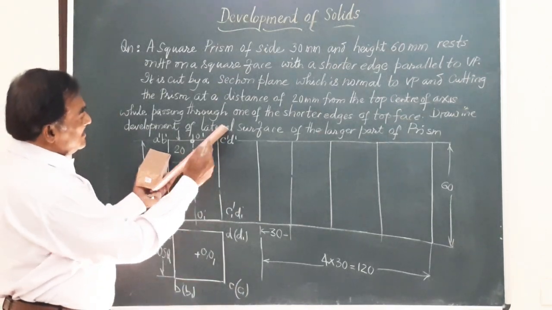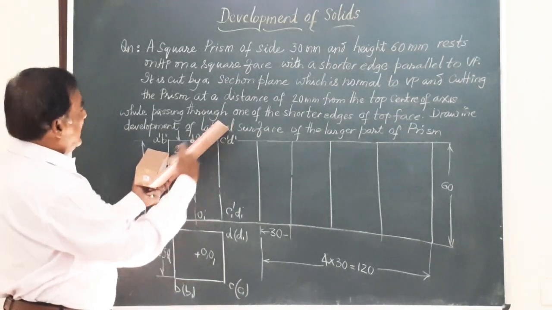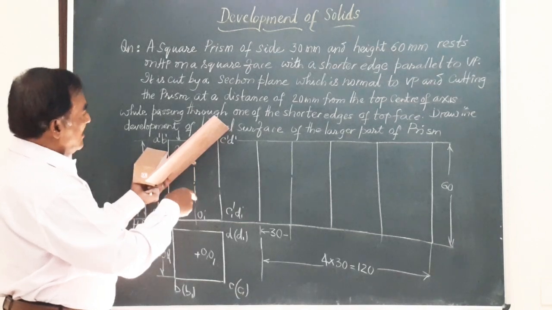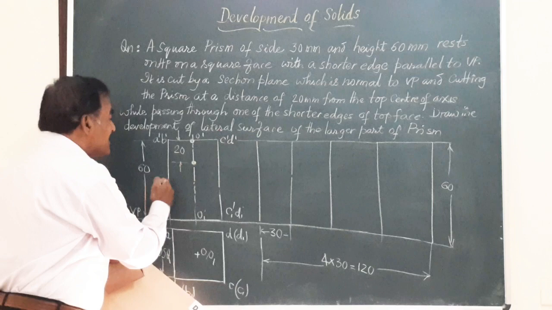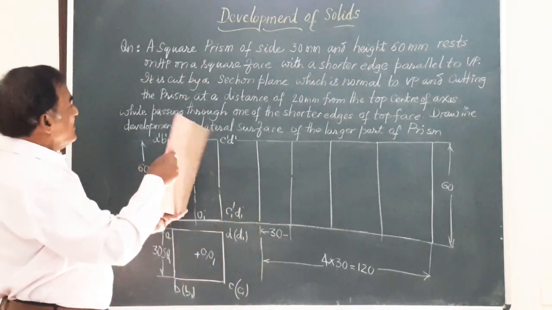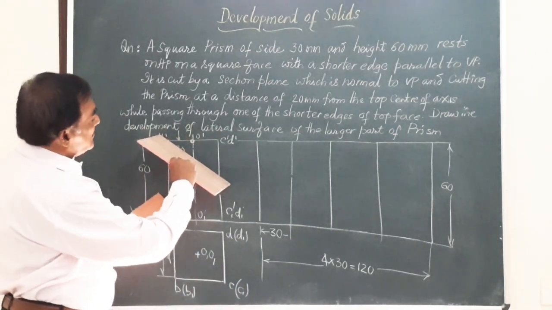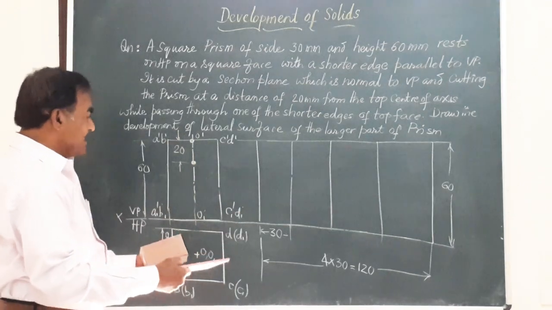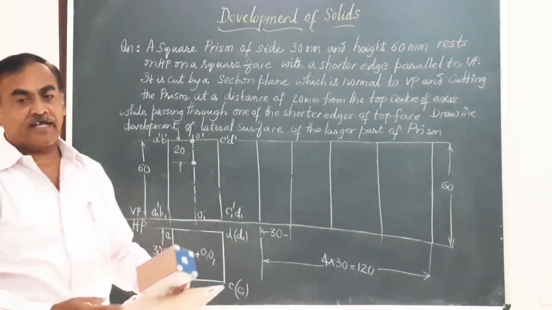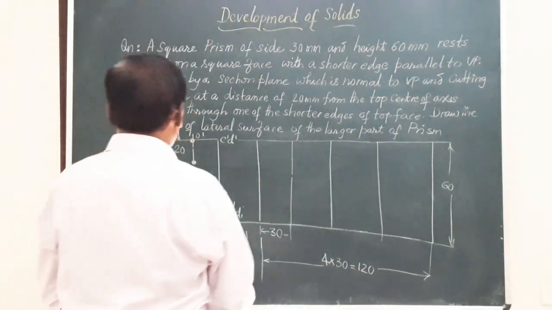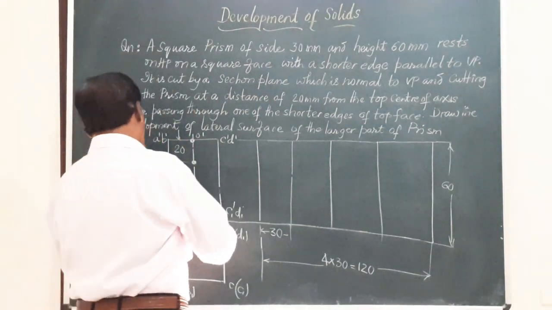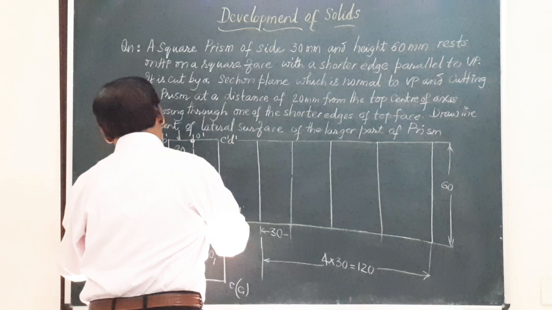It could be like this, where you can see this cutting plane at an angle theta. So if you join these 2 points, it will give you the inclination of the section plane. It could be this way also. Even if you keep it like this, nothing wrong. Generally, we keep the section plane to the right, and hence I will mark the section plane here. A line passing through this, passing through this.